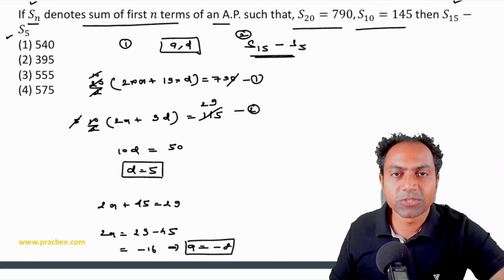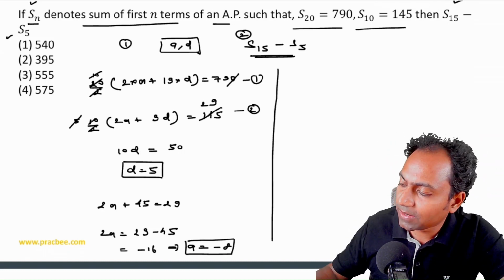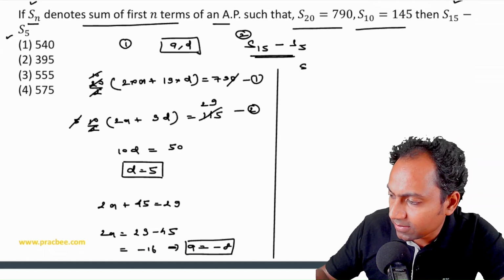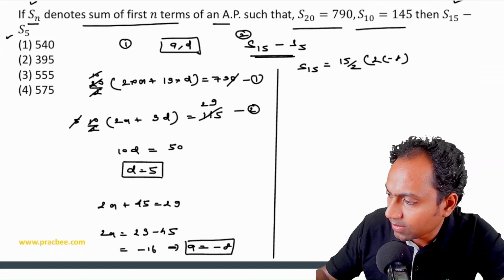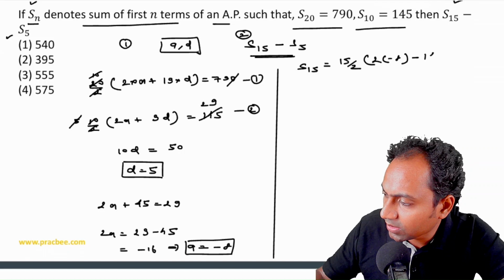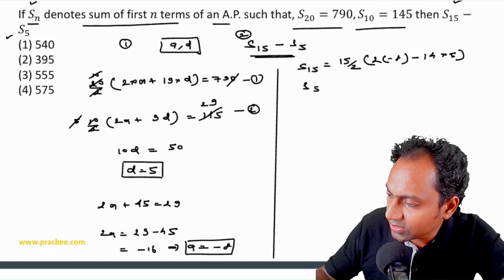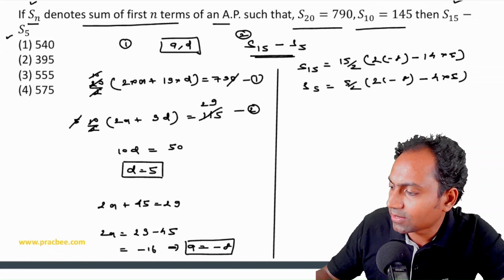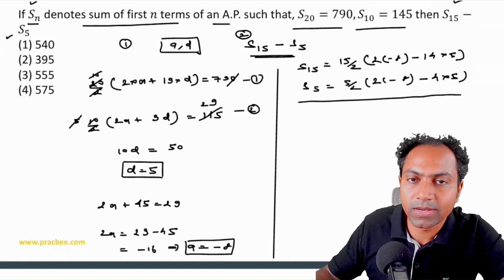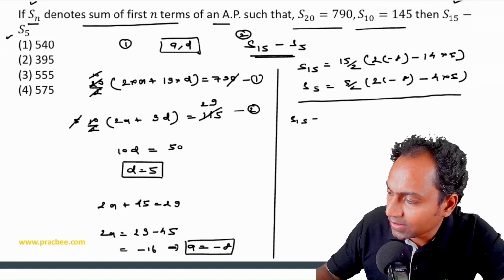Once we have done this in the first part, in the next part, what I need to do is apply the formula for Sn. Find the value of S15. So 15 by 2 twice of A minus 14D. D was nothing but 5. Find the value of S5. That is nothing but 5 by 2, 2 into minus 8 minus 4 into 5, and subtract them. So if you subtract them, let us see what do we get. So S15 minus S5